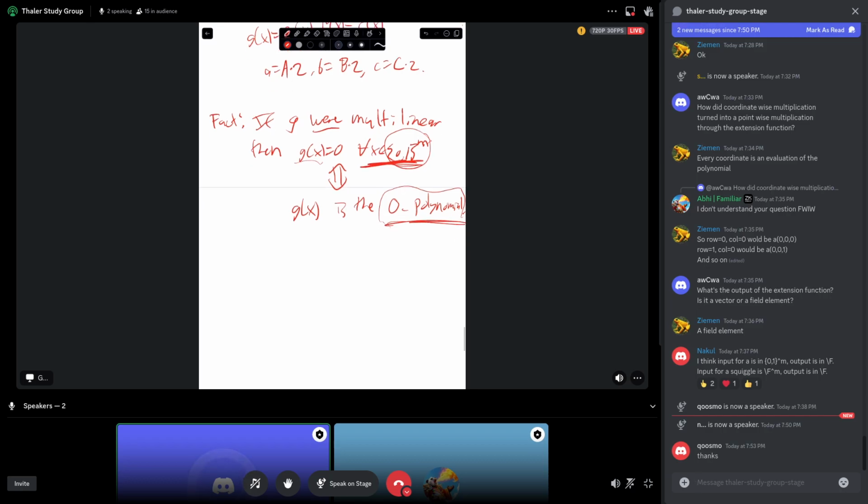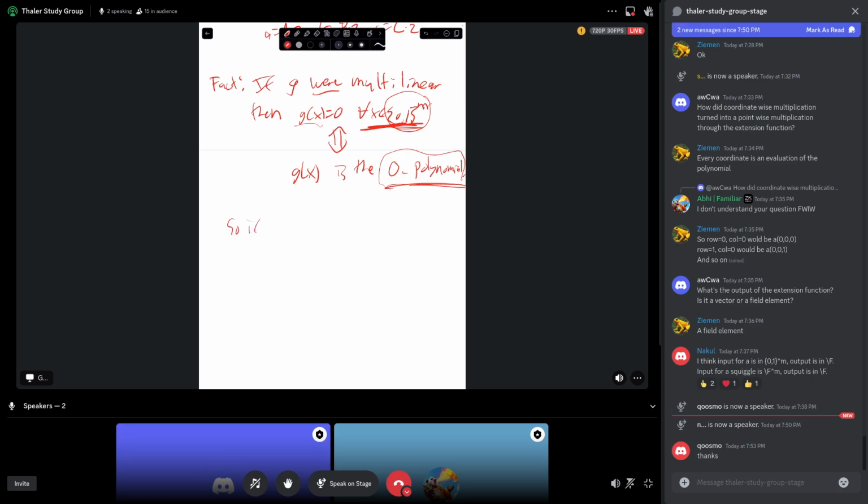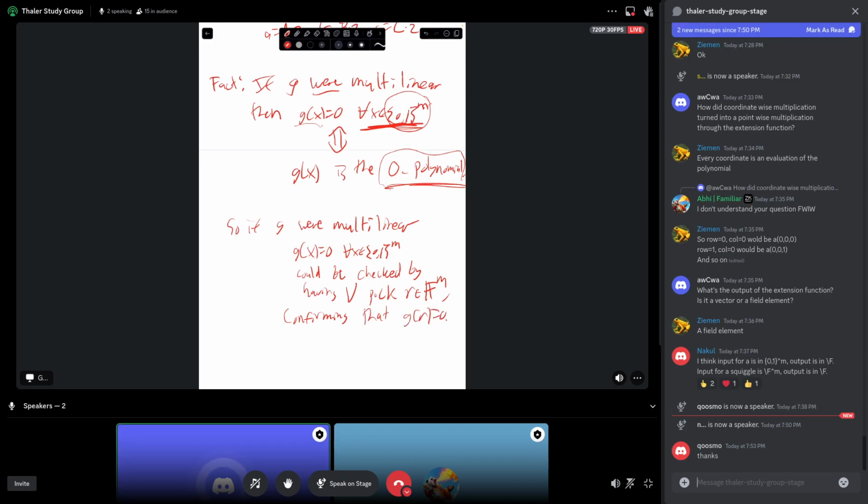Okay? So imagine for a moment that g of x were multilinear. It's not. But if it were, then the prover's claim that g of x equals 0 for all x in the hypercube could be checked by having the verifier pick a random r in the whole field and confirming that g of r is 0, right? Because,